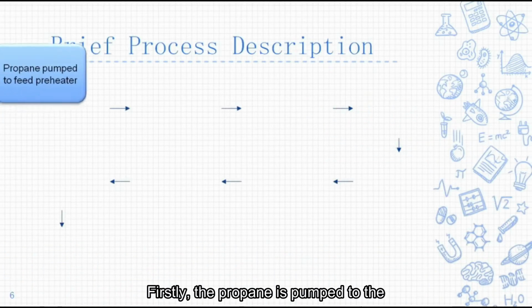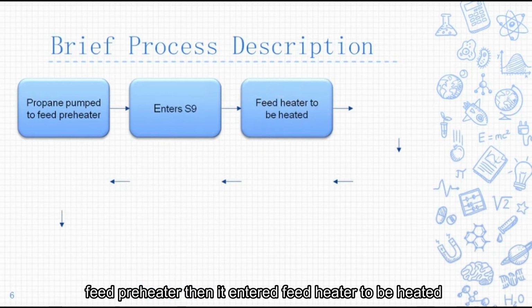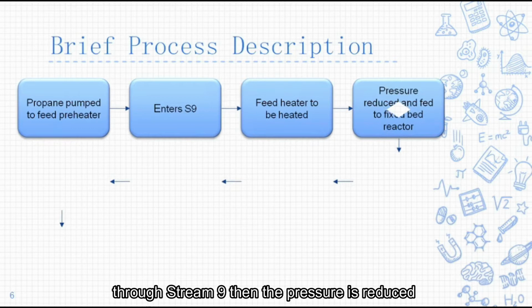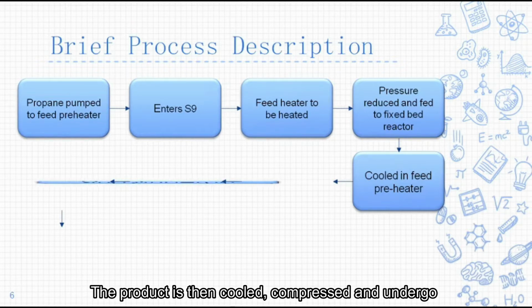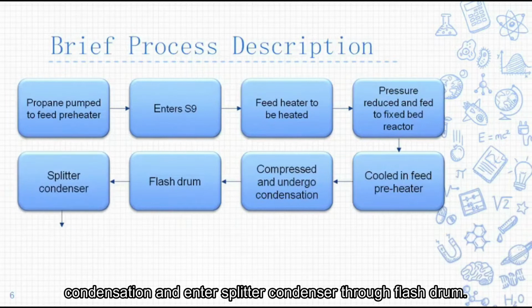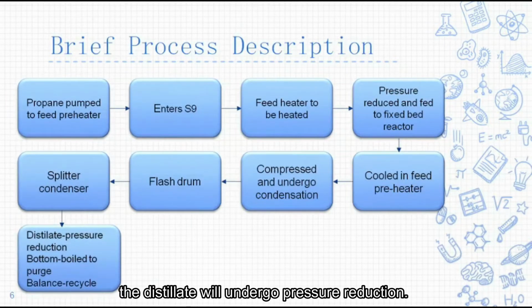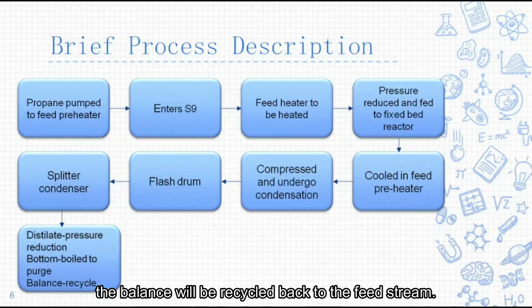Brief process description. Firstly, the propane is pumped to the feed preheater. Then it enters the feed heater to be heated through stream 9. Then the pressure is reduced to produce propylene and hydrogen. The product is then cooled, compressed, and undergoes condensation and enters the splitter condenser through a flash drum. At this point, the distillate will undergo pressure reduction. The bottom product will be boiled to purge back the distillate, and the balance will be recycled back to the